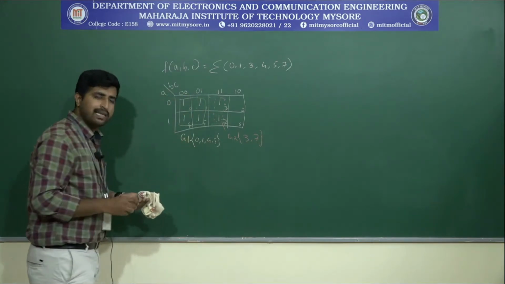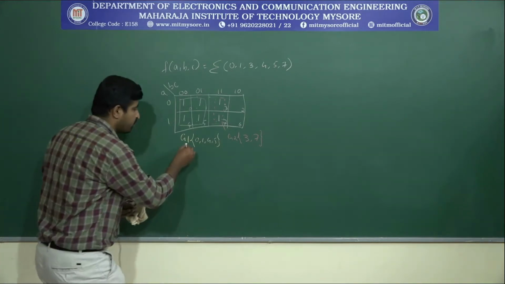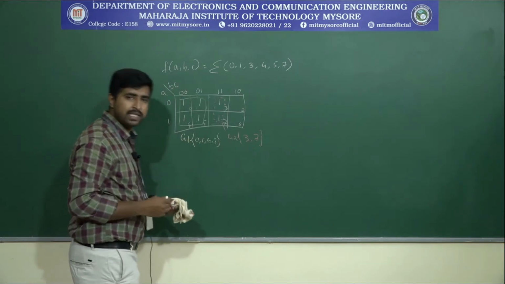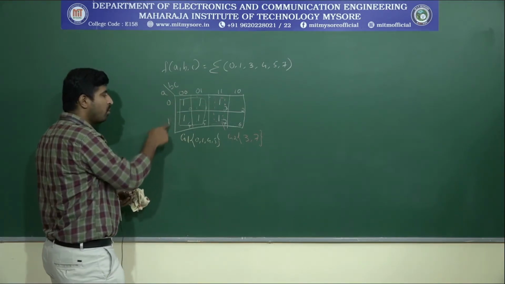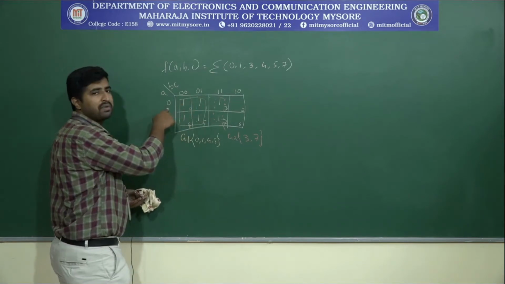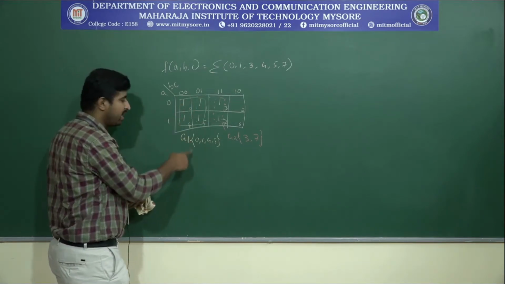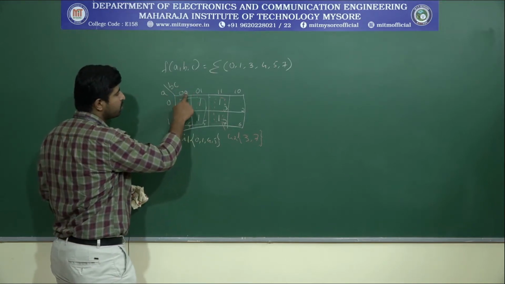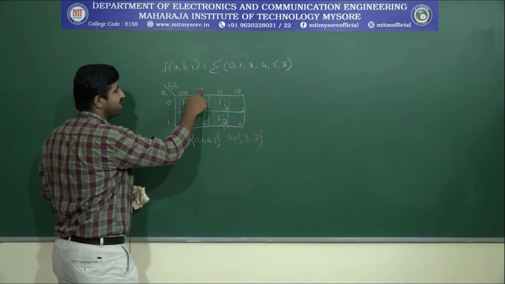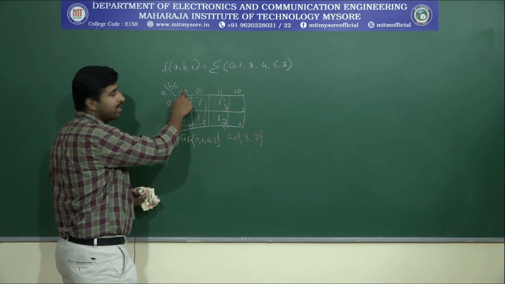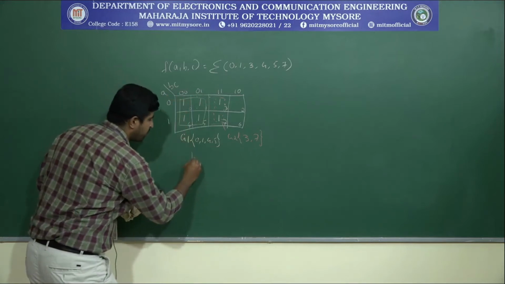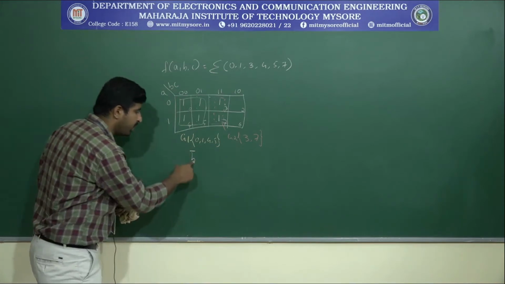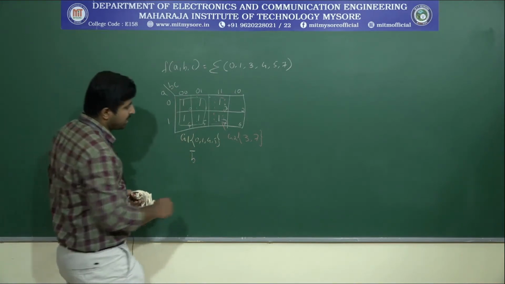Let's write the min term expressions. For group 1, we need to look at the variables A, B, C. A has made a transition, 0 to 1. If you take the entire group, this literal won't appear in the expression. Next, for B and C, 0 0, 0 1 is there, and C has made a transition, so this term will not appear either. The remaining variable will be B bar, because B is 0, so the expression for group 1 will be B bar.